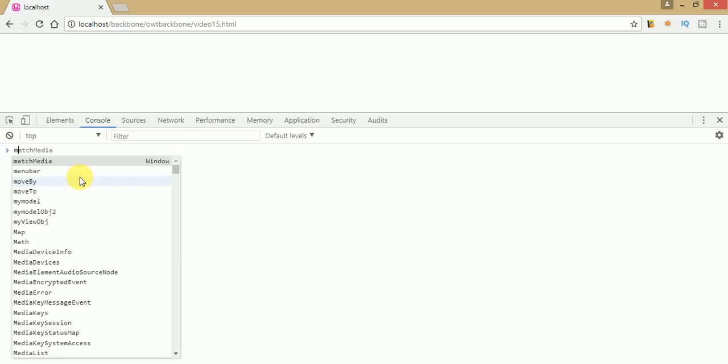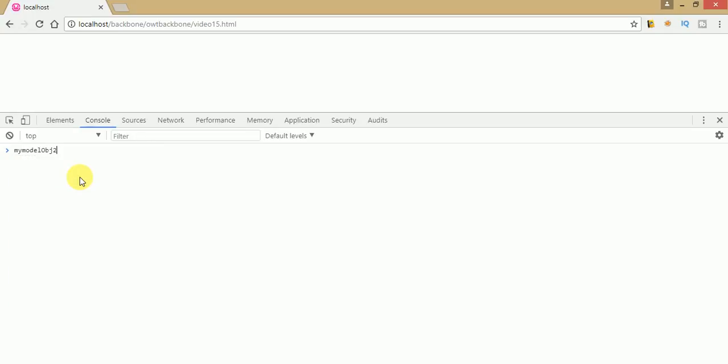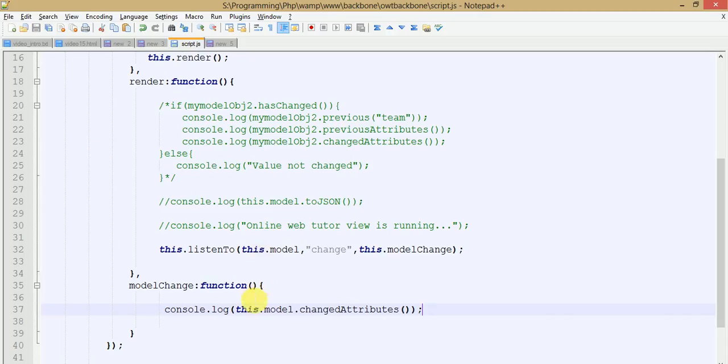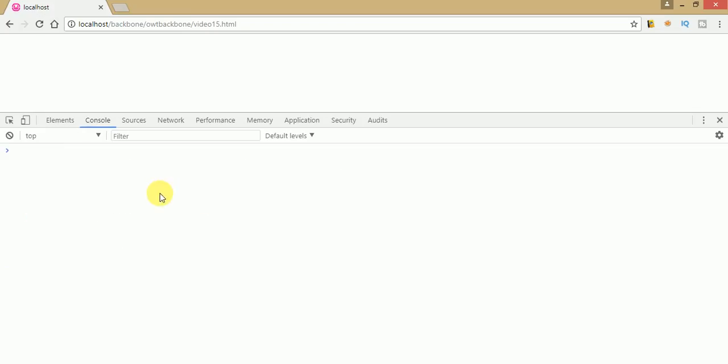Once you type my model object 2, you can see these are the values which we have set. Let's write one more statement to track whether the model has changed or not. Just save this file, go to the browser and refresh your page. My model object 2,